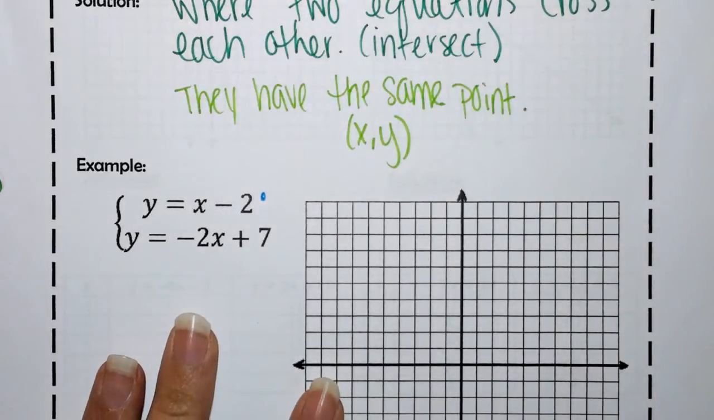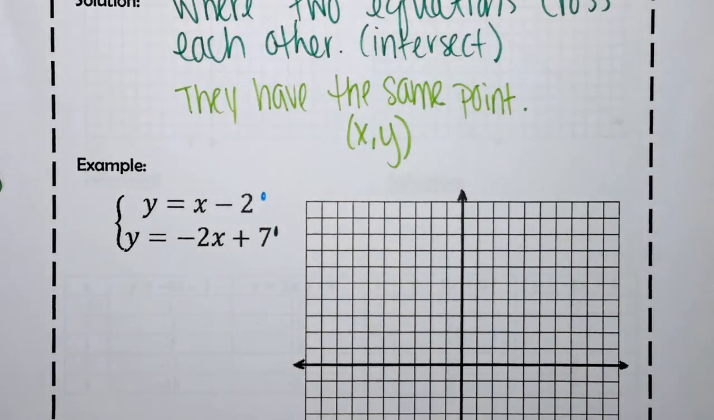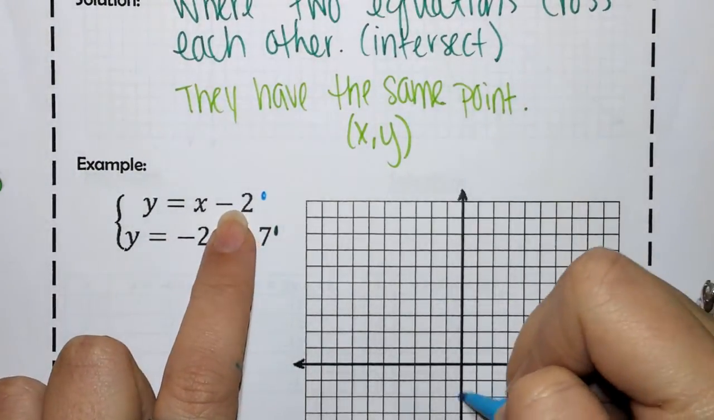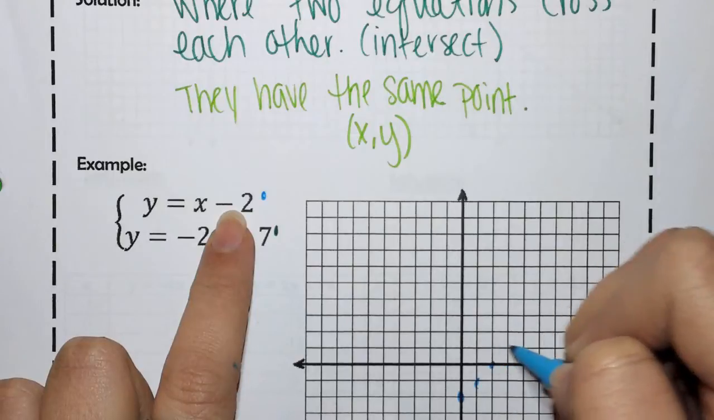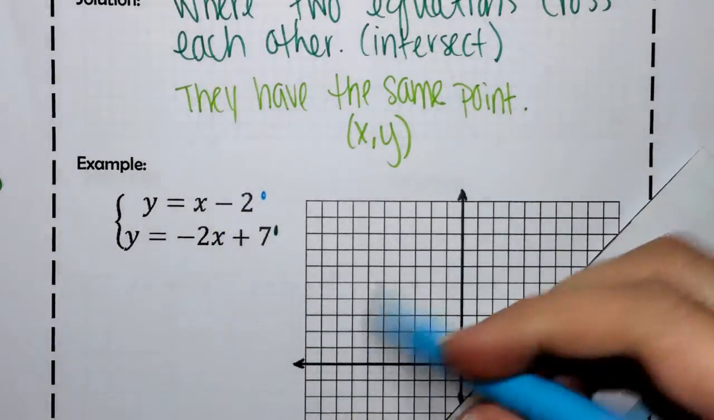So today, it might be easier when you're graphing these to use 2 different colors. I'm going to use light blue and green. So I'm going to go down 2, then up 1, right 1, up 1, right 1, up 1, right 1, up 1, right 1. And then I'm going to use a ruler or a piece of paper to make a straight line